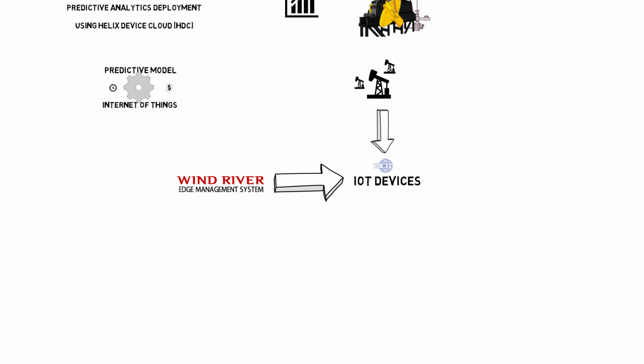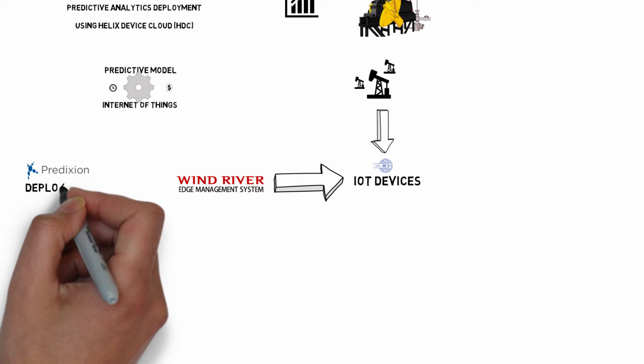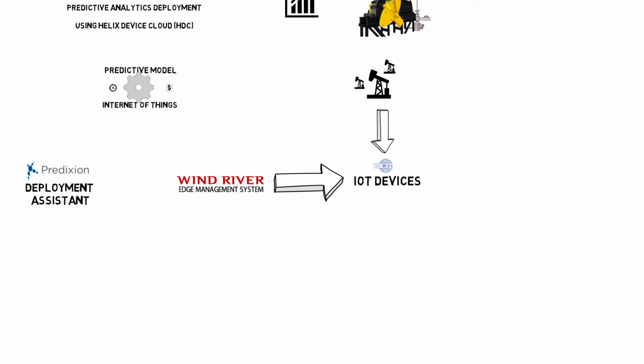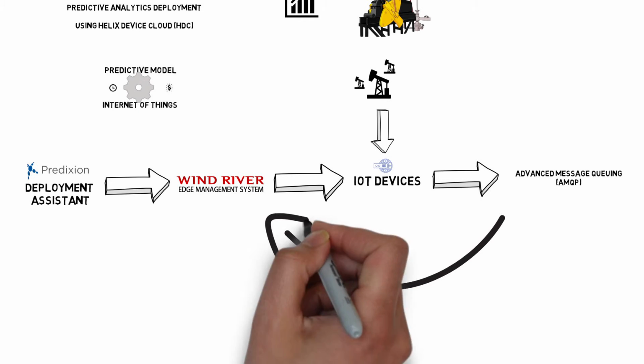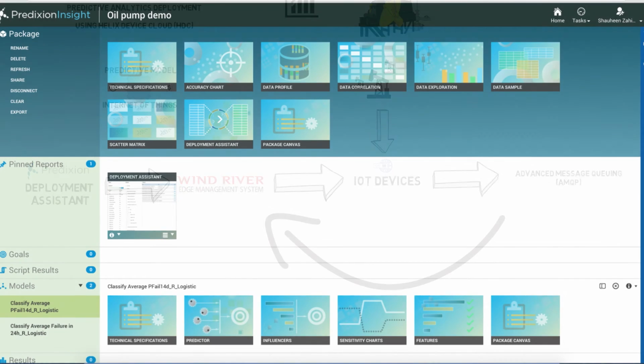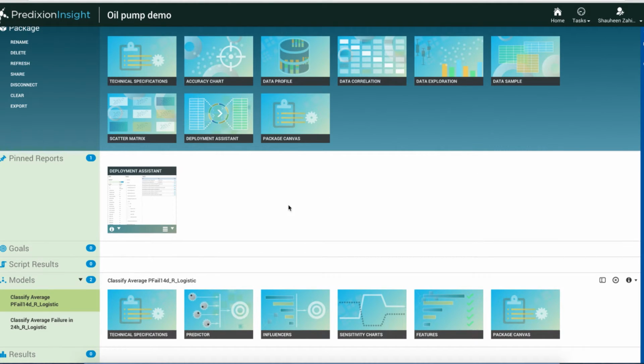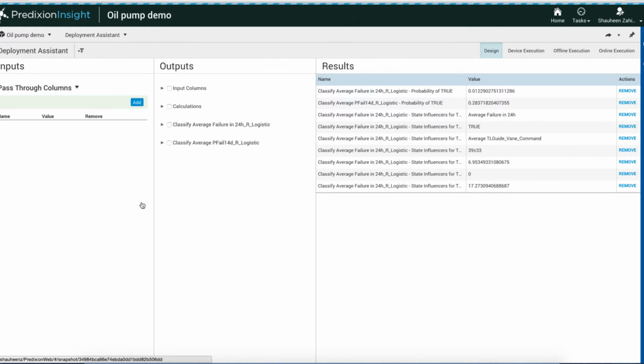This is an example of Predixion's ability to easily embed predictive models onto many devices to support challenging use cases presented by the Internet of Things, or IoT. Let's see how it works. Predixion provides a powerful and innovative platform to create and deploy predictive models into production environments by integrating various technologies. In this case, two models have been trained to predict failure based on sensor readings, a short-term and a long-term model. I can go to the Deployment Assistant, choose my desired model inputs and outputs,